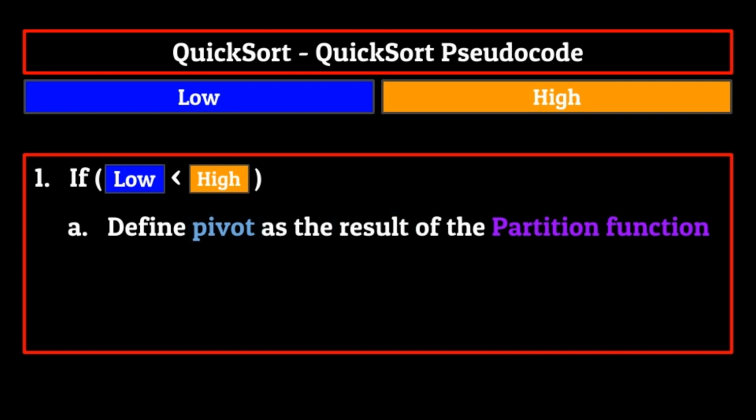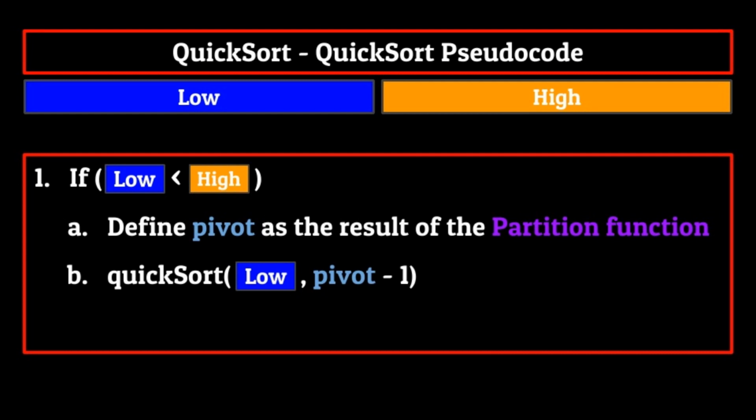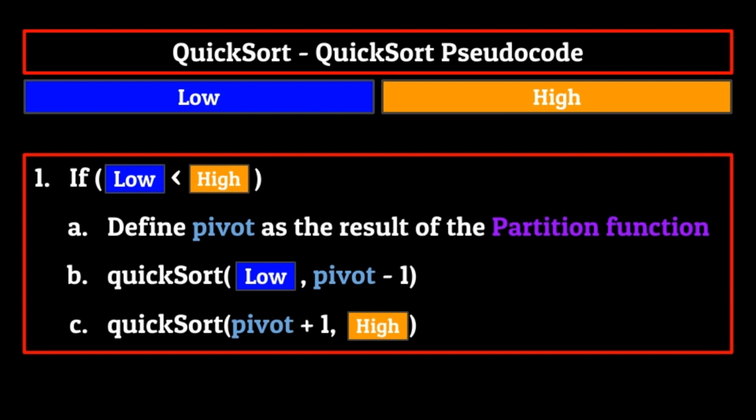So after the partition function concludes, what do we have? Well, for starters, we have a correctly partitioned list thanks to the partition function. We also have the index location of the pivot, which partitions the array into 2 sections. And finally, we have indexes representing the lowest and highest index locations in the particular dataset that were passed into this quicksort call. The next step is to recursively call the quicksort method on the low and high halves of the list. This is fairly simple, as we just call quicksort twice. For the first call, we pass in low as the low index and pivot - 1 as the high index. And for the second call, we pass in pivot + 1 as the low index and high as the high